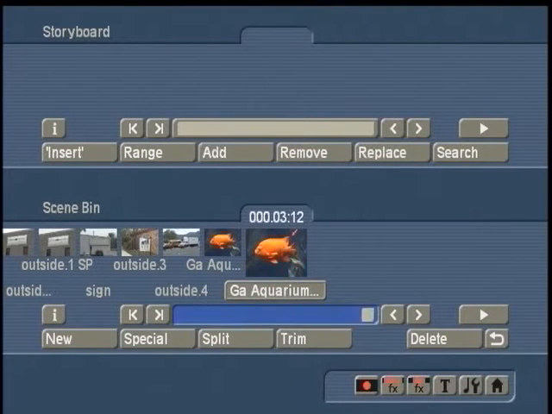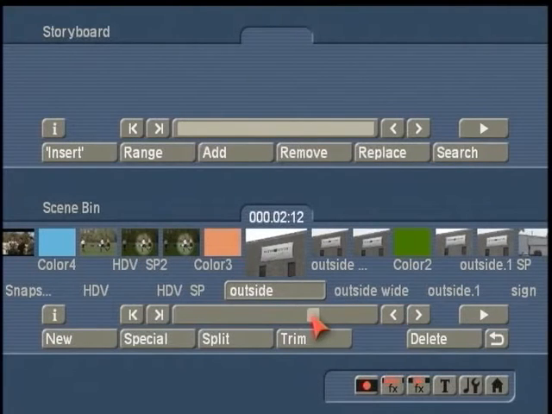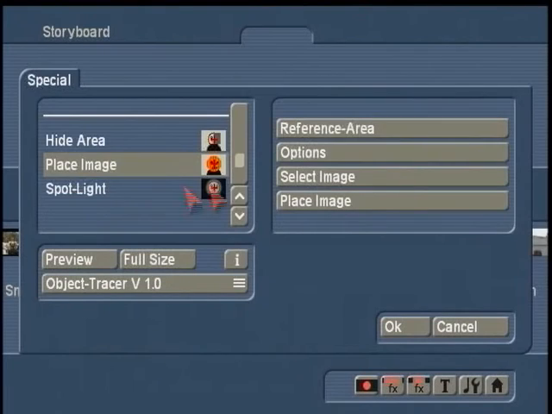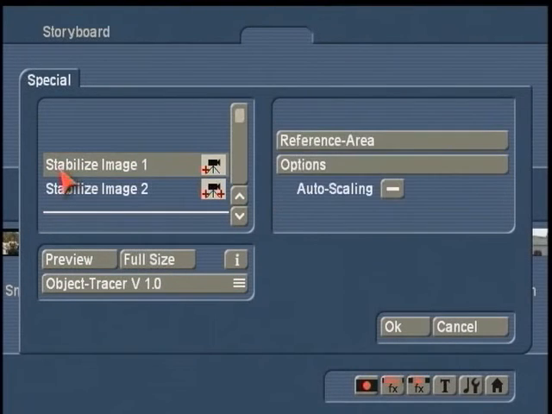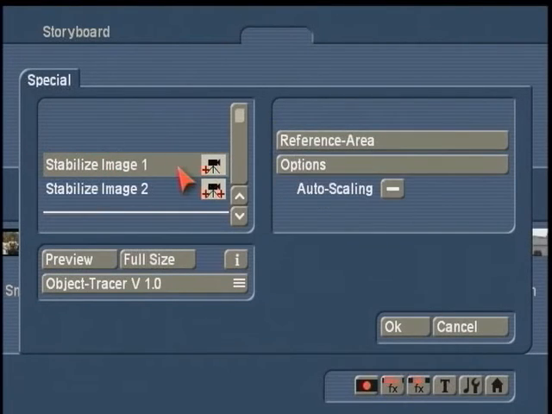A couple of other parts of Object Tracer we're just going to briefly mention is, one, that there is a couple of stabilization controls. Under Special, north of the white line, you'll have a Stabilize 1 and a Stabilize 2. Stabilize 1 is very simple, trying to stabilize the image on the screen. Stabilize 2 actually has 2 reference areas. This will be the case if you were trying to stabilize maybe a tilted camera. So the camera might be shaking but also be tilted, and you might want to try to do a correction for both of those. Stabilize 1 would be the more commonly used one, and that's referencing just a fixed point